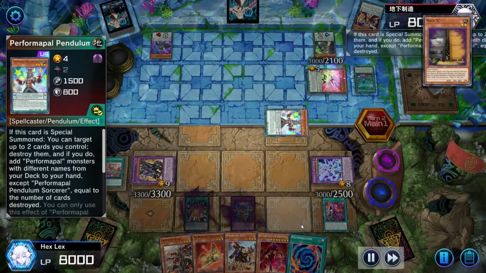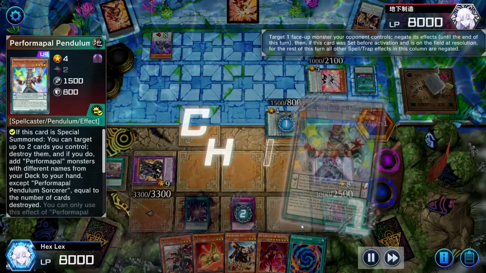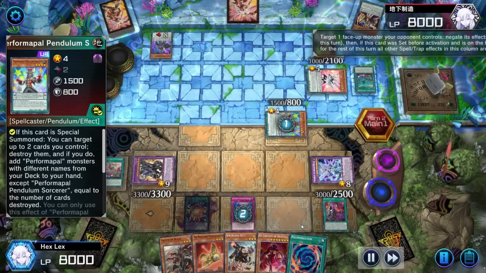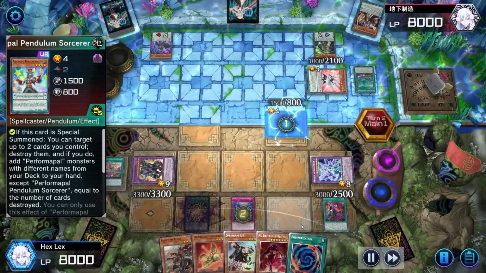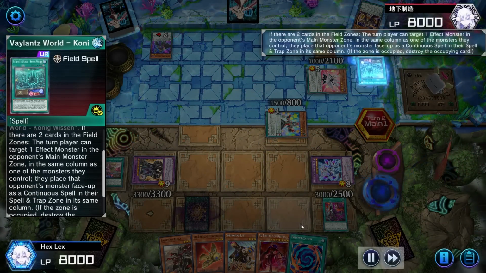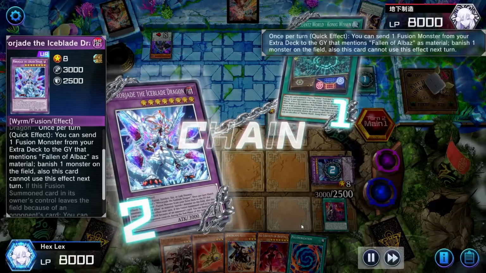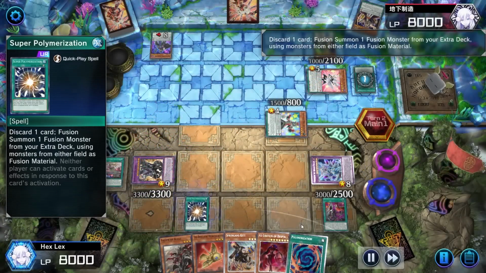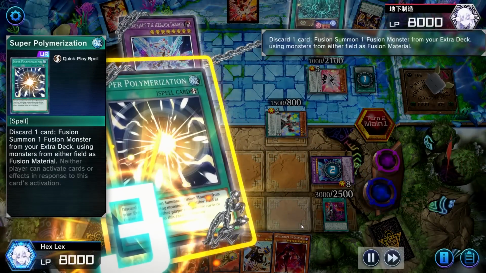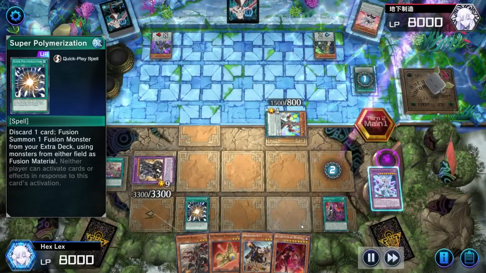I still have Mirajade and Imperm and Super Poly, so when it goes to activate the Sorcerer's effect, the Pendulum Sorcerer, I'm definitely going to Imperm that to just stop them right then and there. But I definitely don't want them to make Electromite either, so I think what I'm going to do here is... oh, my opponent goes to use the Valance field spell, so now I'm going to chain the Mirajade as well as the Super Poly, because I don't want them to get rid of my Branded Lost. The Branded Lost will actually get destroyed, so...